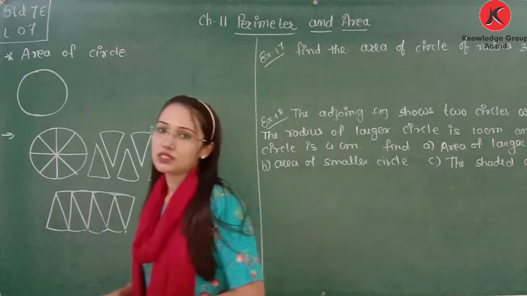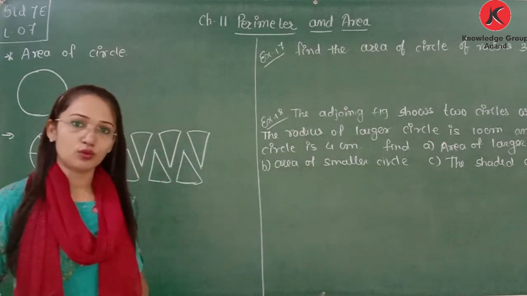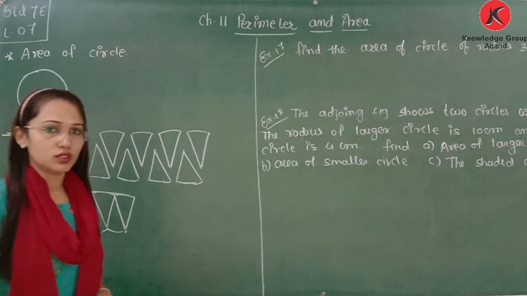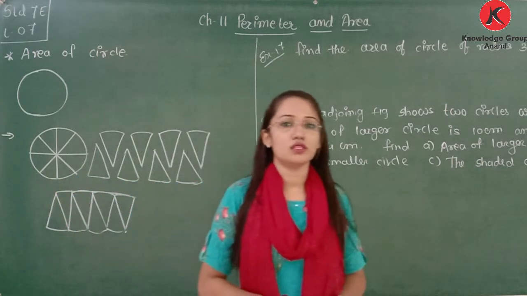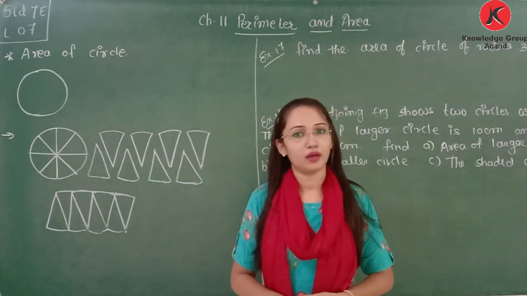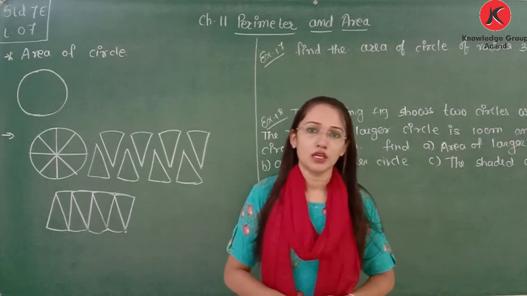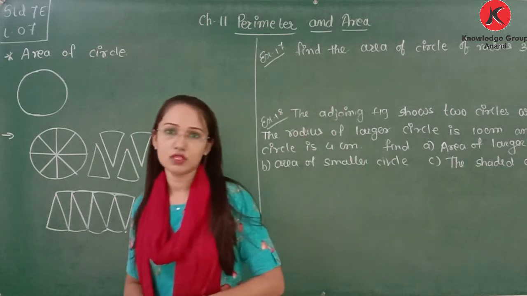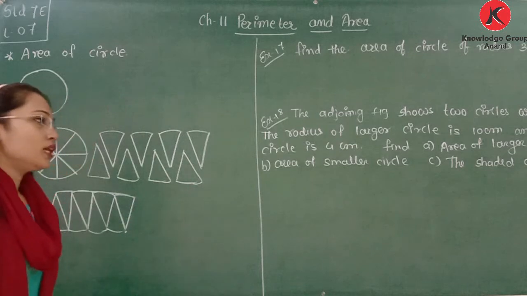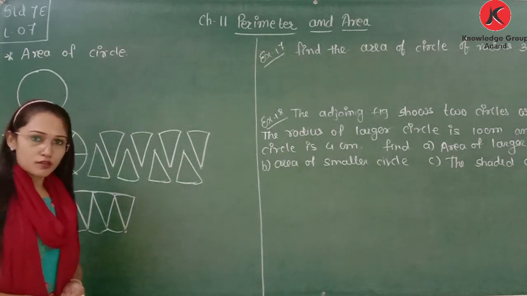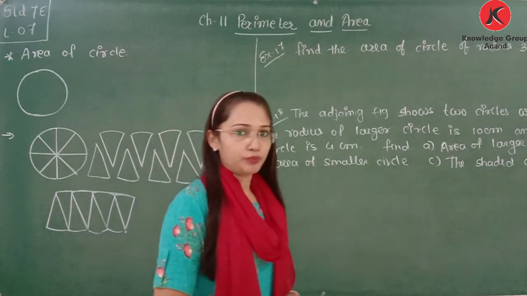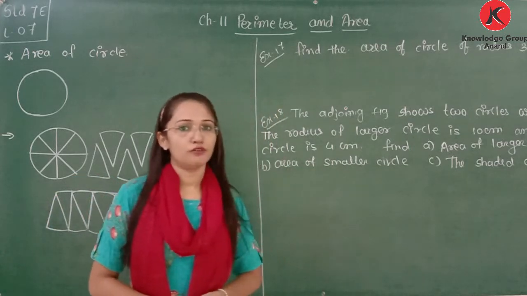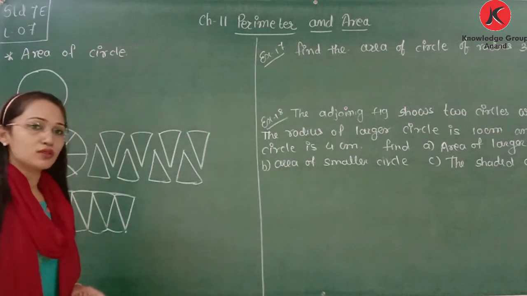If we consider any shape and we are going to move on the outer boundary, if it is the shape of a circle, then it is called the circumference. It is nothing but the perimeter. So what is the circumference? It is the outer boundary of the circle. Clear? We learned the equation that the circumference of a circle is 2 pi r, or you can say pi multiply d. We got the equation for that from examples also.